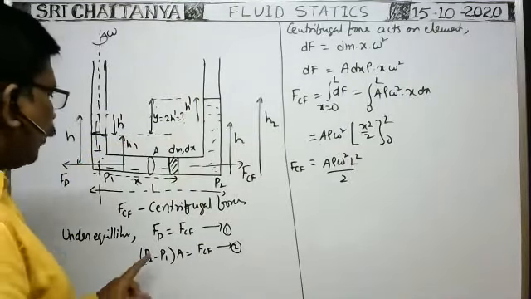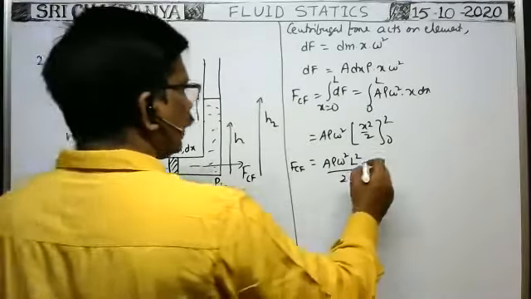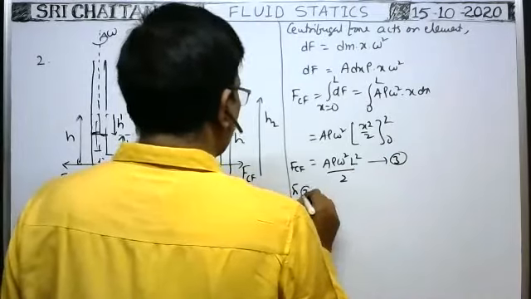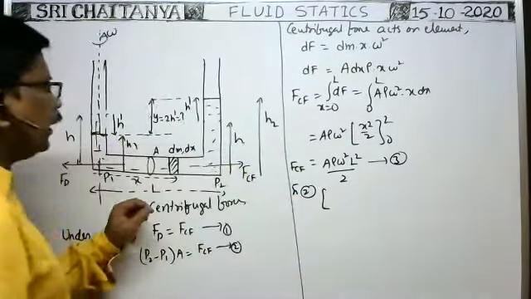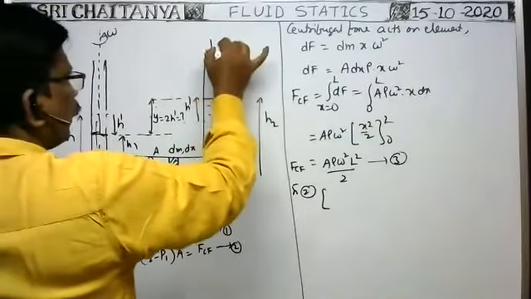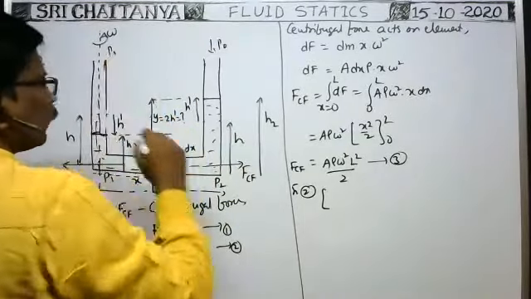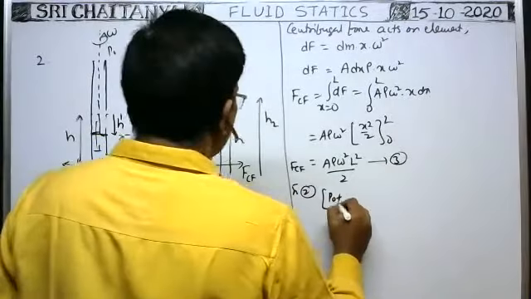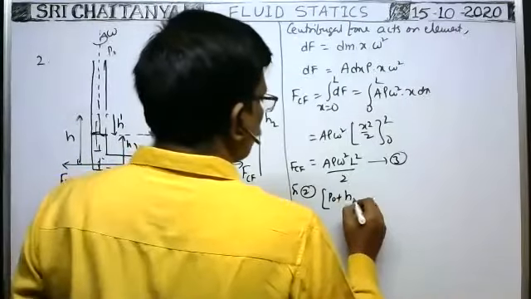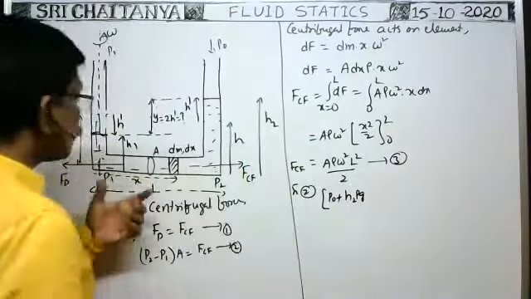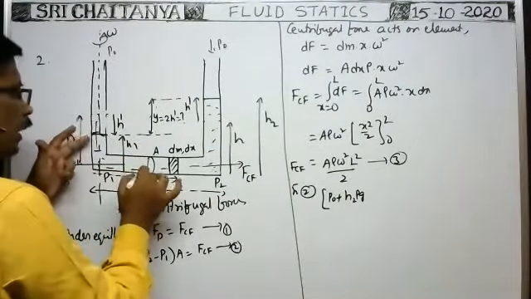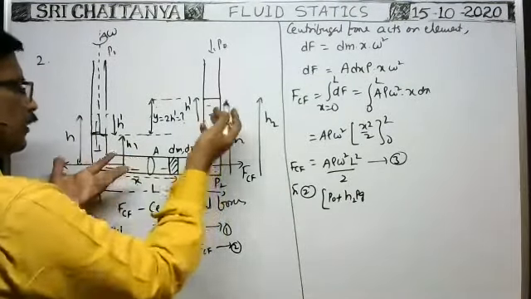Then how can we write P2? Therefore this is equation 3. From 2 and 3, from 2, what about P2? P2 means the pressure at this point. That is equal to, as these two limbs are open to the atmosphere, pressure P0 acts, plus the pressure at this point due to this height of the liquid column, H2 rho g. Sometimes two liquids may be given. Sometimes here two liquids may be there. This is one liquid up to here, another liquid up to here, like that.